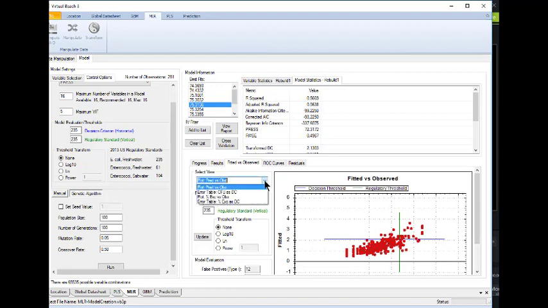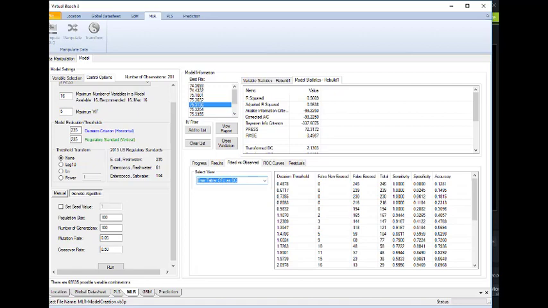Under the Fitted versus Observed subtab, click the drop-down menu under Select View. Select Error Table CFU as DC. Here is where you search the list of decision thresholds to find the optimal balance of at least 0.5 sensitivity and 0.9 specificity. An easy way to narrow down what range to look for is to look at the smallest